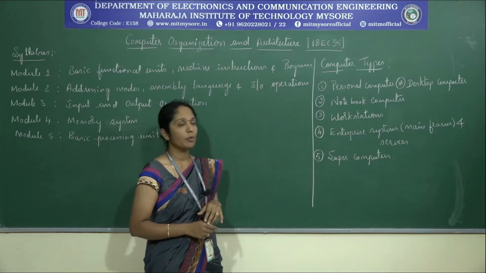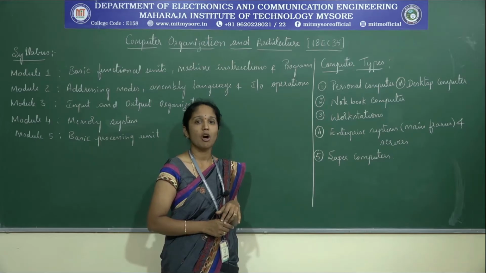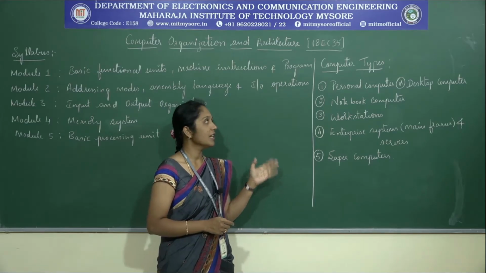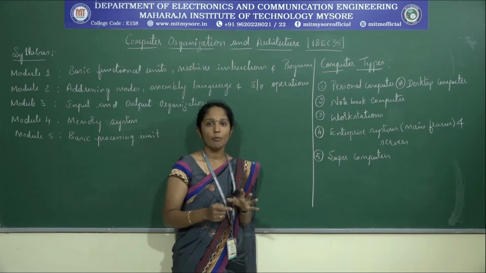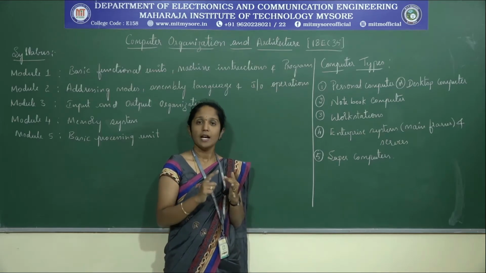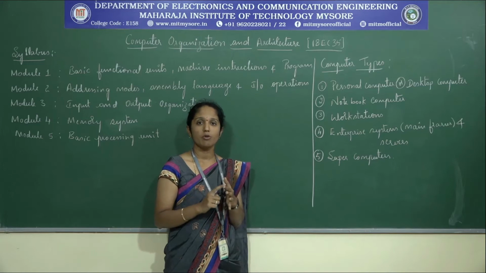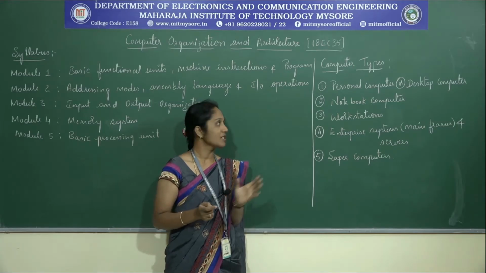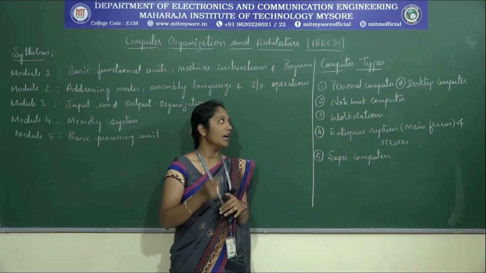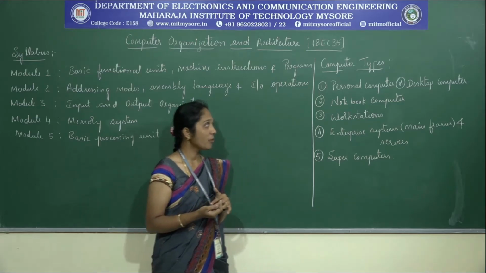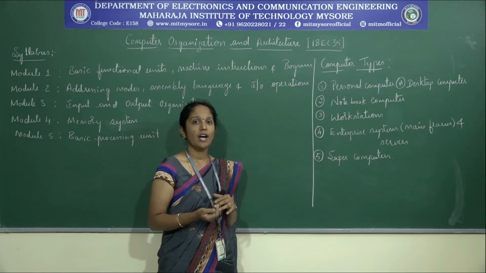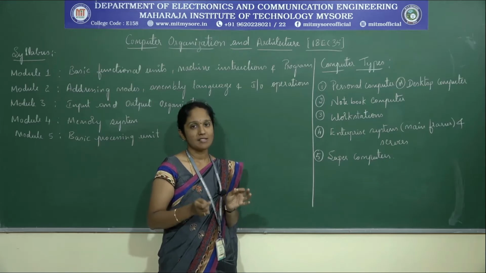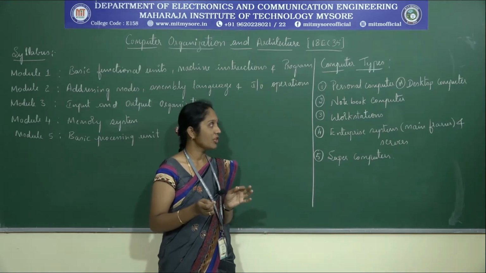The first one is personal computer or desktop computer. This is the most commonly seen computer, in all the homes, offices and schools, because in this computer we have components like monitor or display, central processing unit, keyboard, mouse, all these can be located on a desk in an office or home. So this is called as desktop computer. And the next version of this desktop computer is notebook computer, wherein all these components, all these units are packaged into a single briefcase size device, and that is called as notebook computer.